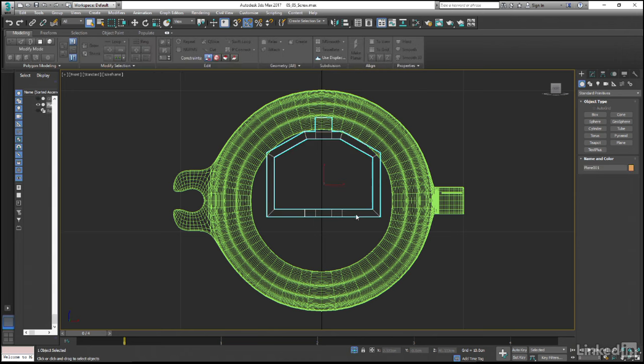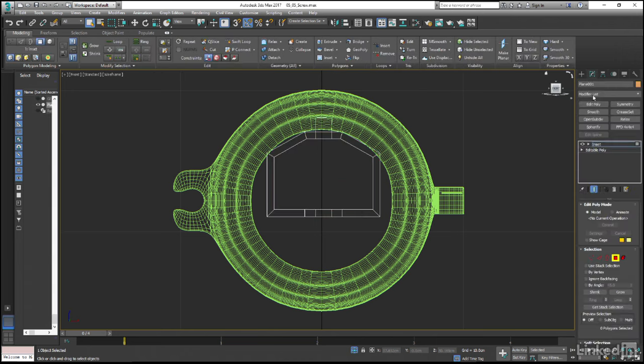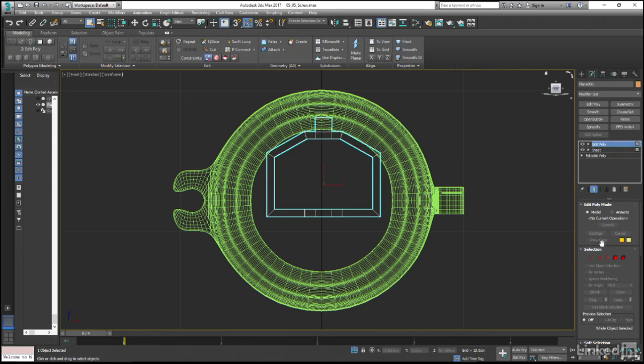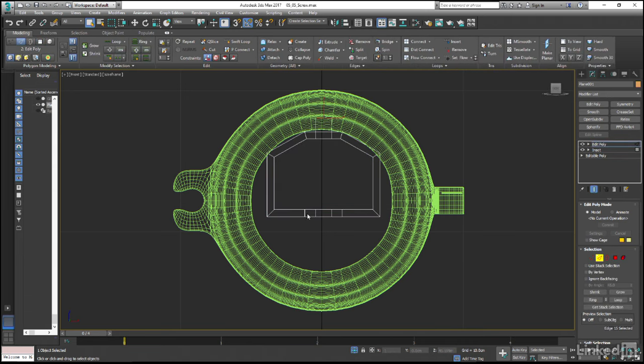With the geometry selected, let's add a new Edit Poly modifier to the stack, come into Edge Subobject mode, and select all of the internal edges along the bottom of our shape here. In the Edit Edges rollout in the command panel, we can then Control-click on the Remove button in order to get rid of all of that unnecessary detail. Now we're holding down the Control key as we click here, of course, because we also want to remove the